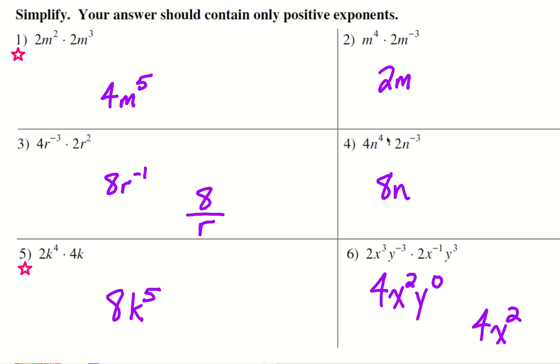And then n to the fourth times n to the negative third. Same base, each with a power, and if you're going to multiply those together, again, this is where you add the powers. 4 plus a negative 3 is positive 1. Alright,